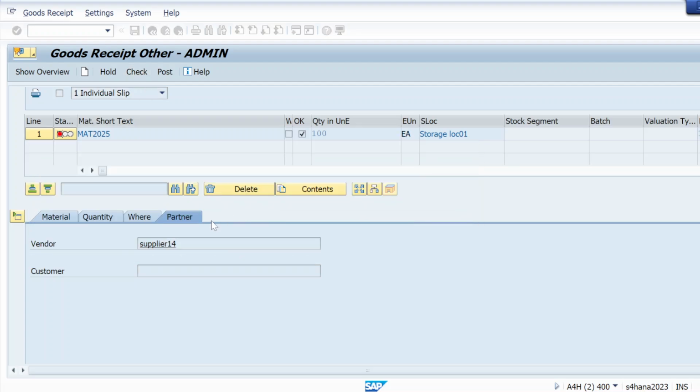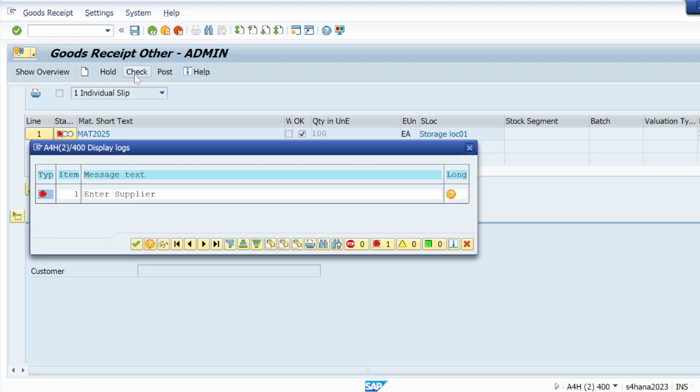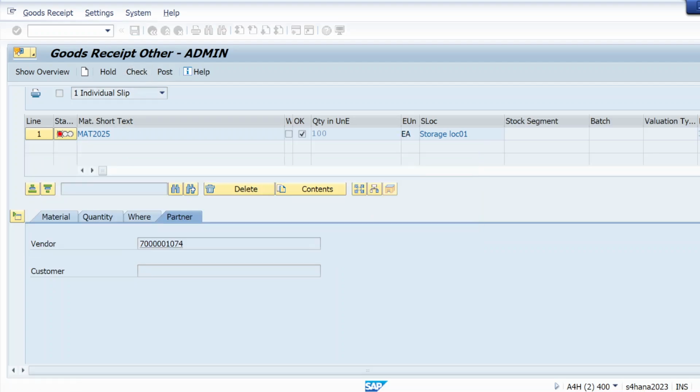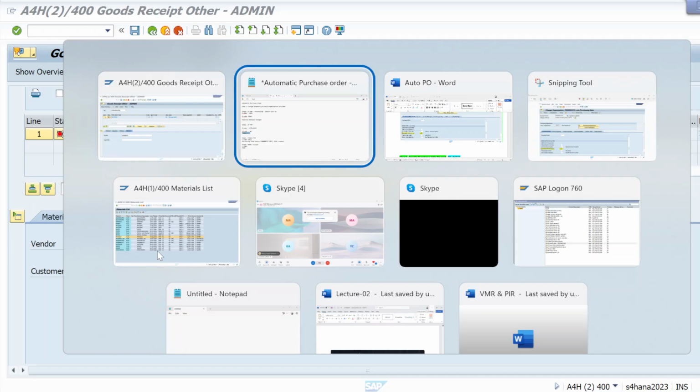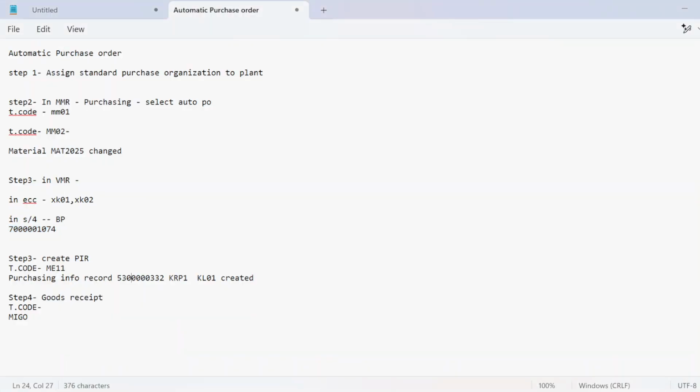This is already maintained, but why is it not taking it? It's the issue. Let me check.